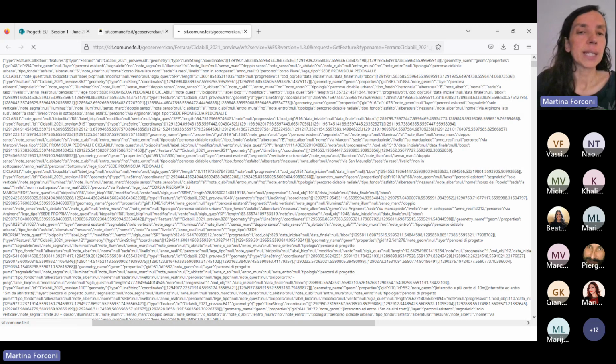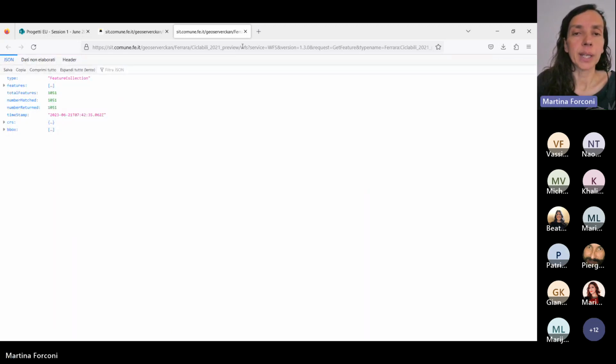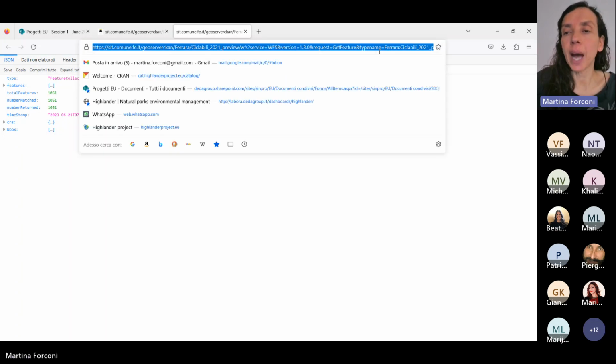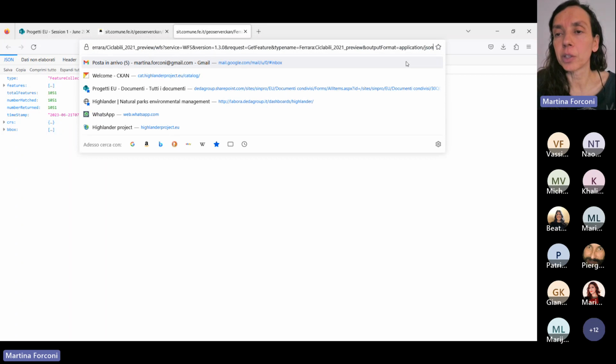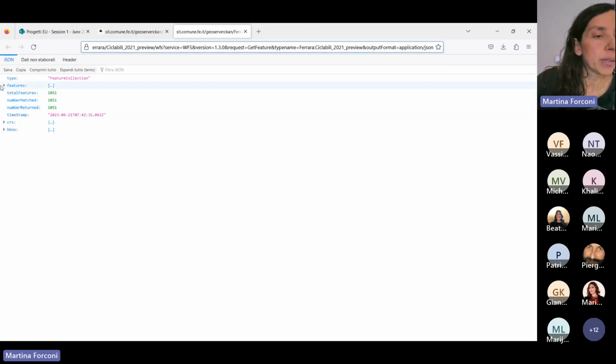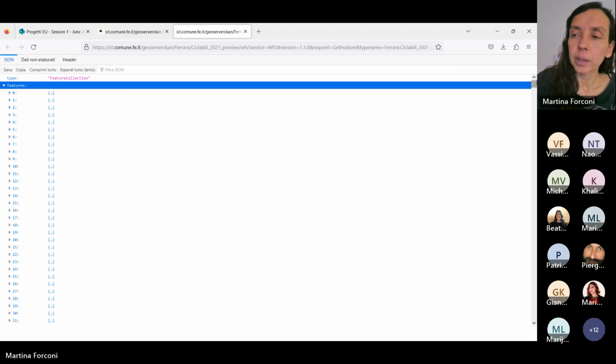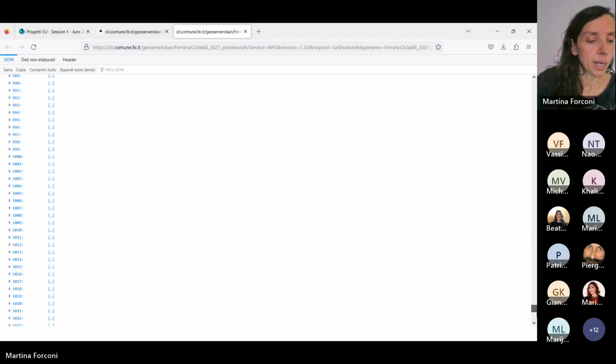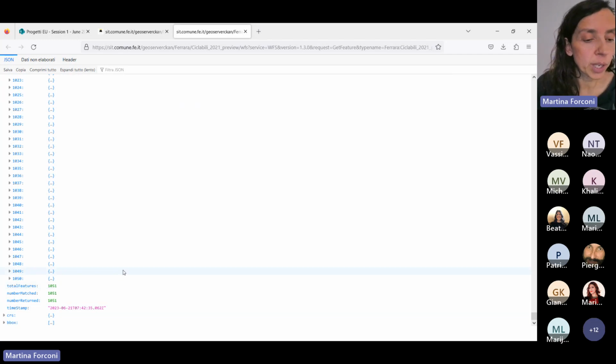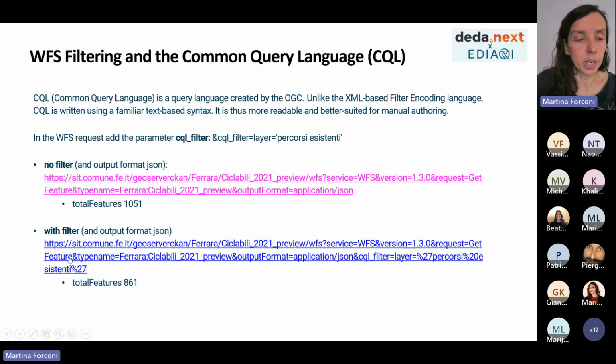And the last example we can see is calling the WFS from the browser with the output format GeoJSON. Here you can see the features. In this case, we have more than 1,000 features. Applying a filtering option, in this case we want to see only cycle paths that are already existing.